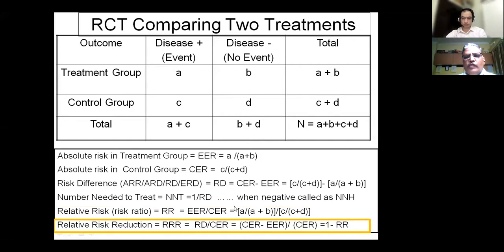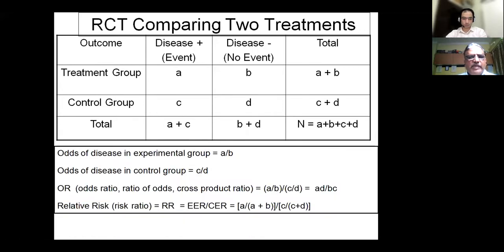As long as you know what they are giving and how to interpret them. Sometimes the paper will give you the odds ratio. Now, odds is basically event divided by no event. Okay, odds is event divided by no event. So odds of the disease in the experimental group is A divided by B, whereas when you looked at the risk, it was A divided by A plus B,